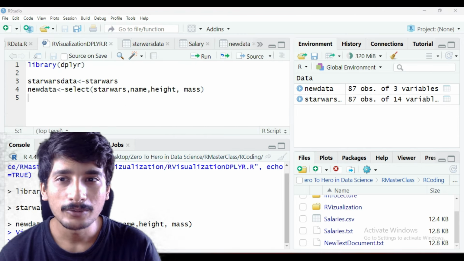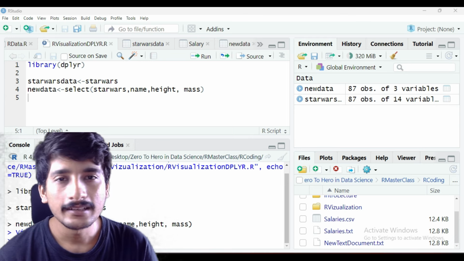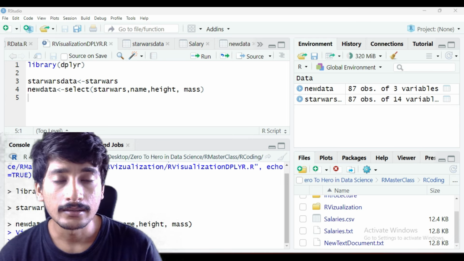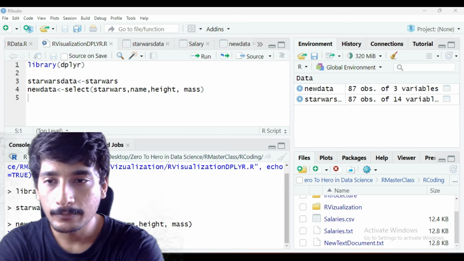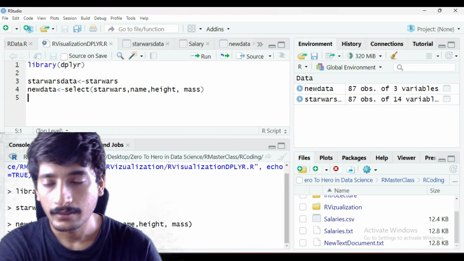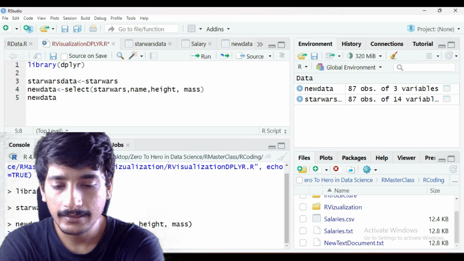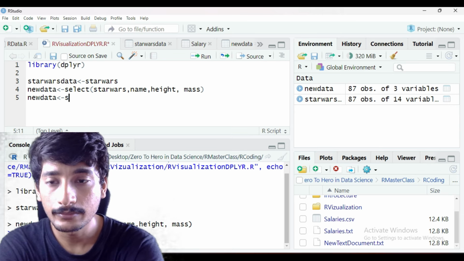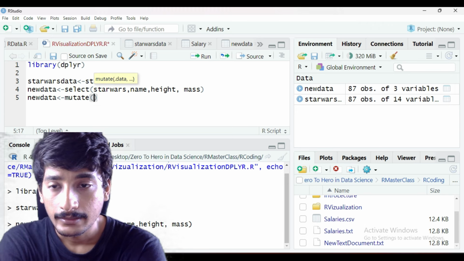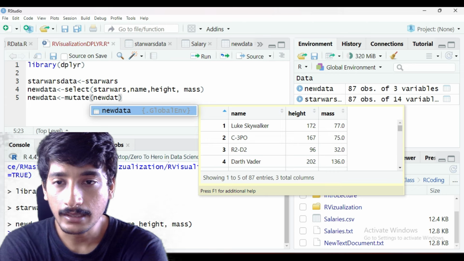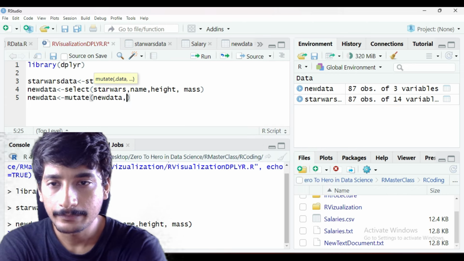Now it's time to learn about what mutate does. Basically, mutate is used to transform your current data set, or to add new values to the data set. You could do this with mutate. So let's suppose we create new data 2. Basically, what we did here is we are going to mutate the current new data that we have extracted from Star Wars, and what we are going to do is basically